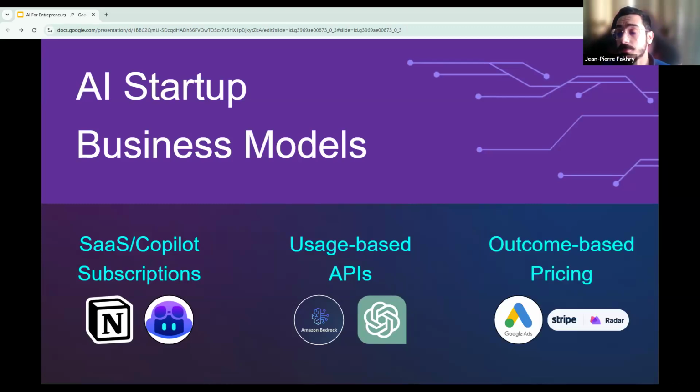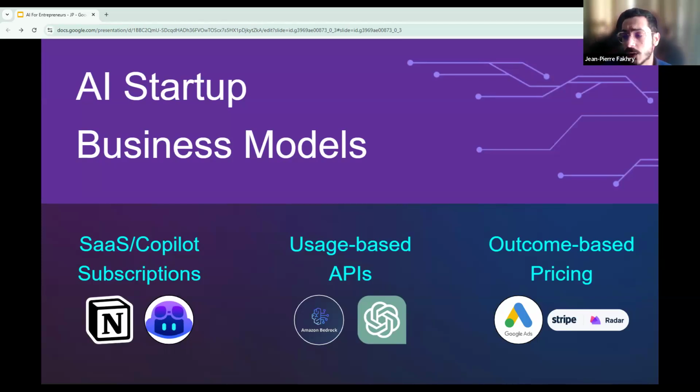Now, also the third model is outcome-based pricing, which sounds ideal, but is rare in pure form. More commonly, you see it embedded. For example, you pay when the AI's optimization delivers a result, as in Google's ads. Stripe's fraud detection, for example, is priced on successful transaction volume. So basically, you pay based on the outcomes that the system protects. Again, for B2B, this model is powerful but requires reliable measurement infrastructure before you can offer it.